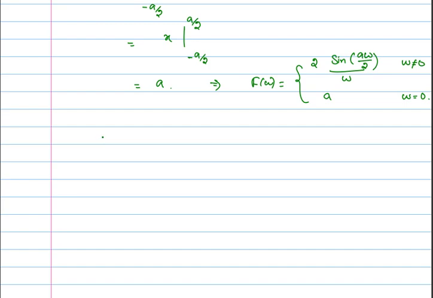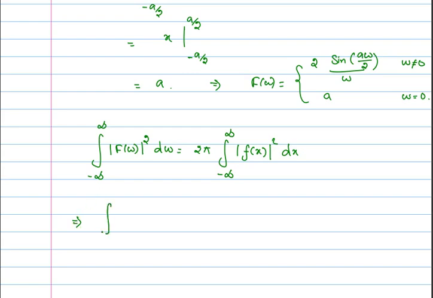It says the integral from minus infinity to plus infinity of the absolute value of f of omega squared d omega equals 2 pi times the integral from minus infinity to plus infinity of the absolute value of f of x, the whole square, times dx. So what is the left hand side? My f of omega is, because I take omega not equal to 0, so then our limit